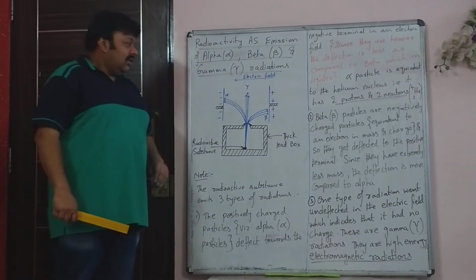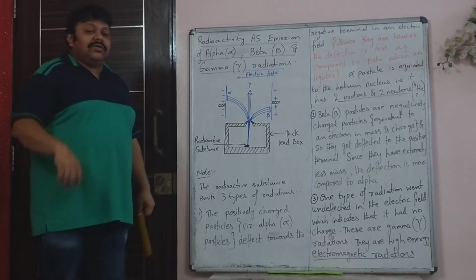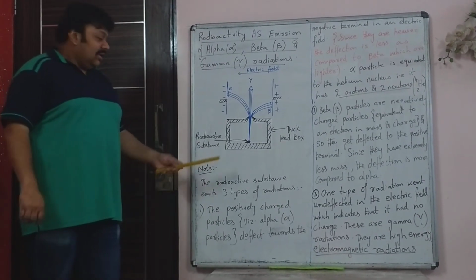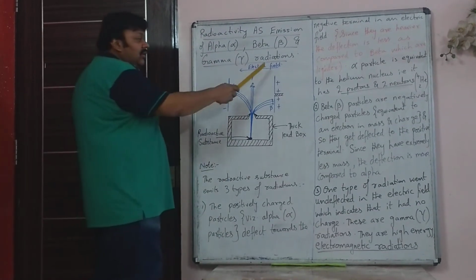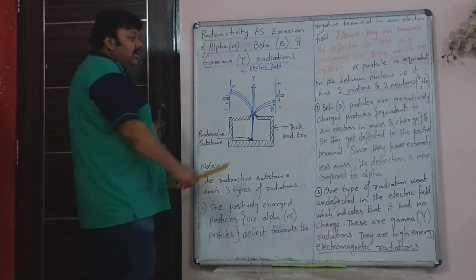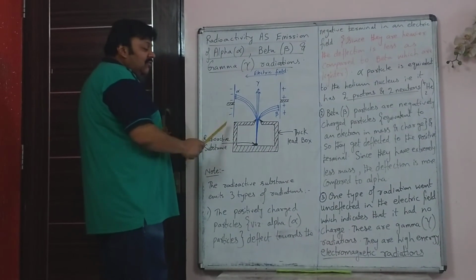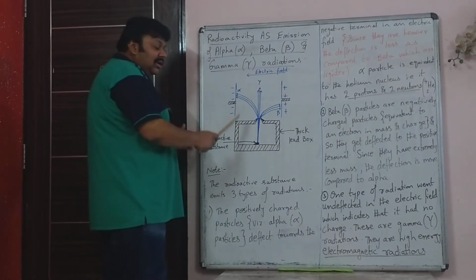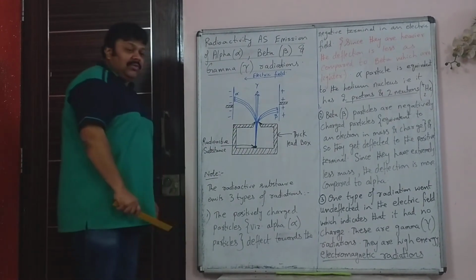Now when it is left there, it was observed that if a photographic film was placed there, three distinct spots were found on the film, which indicated that this substance emitted three types of particles. This experiment is performed in a vacuumized chamber in which an electric field is provided. One end of the electric field has positive charge, the other has negative charge. The radioactive substance is kept inside the container, and after some time it was seen that three types of particles were emitted.